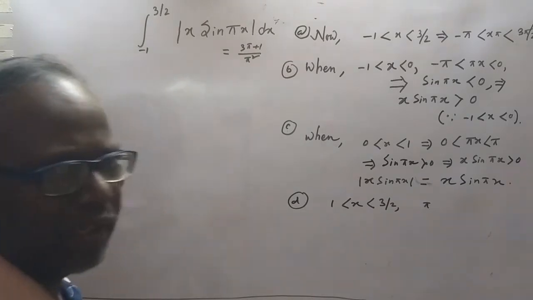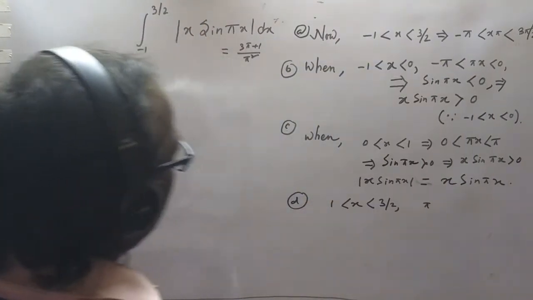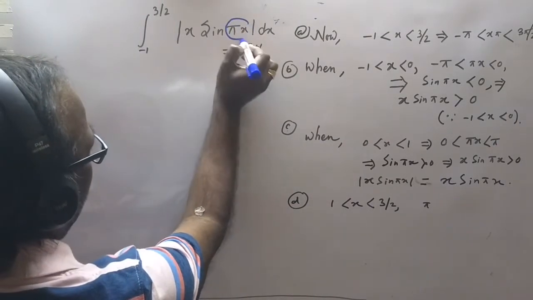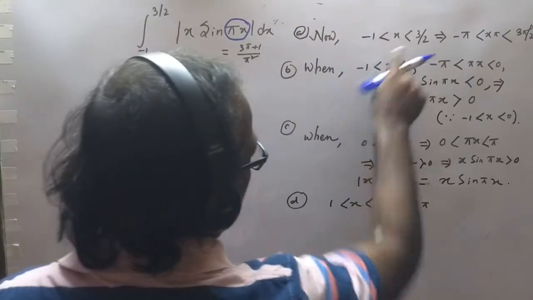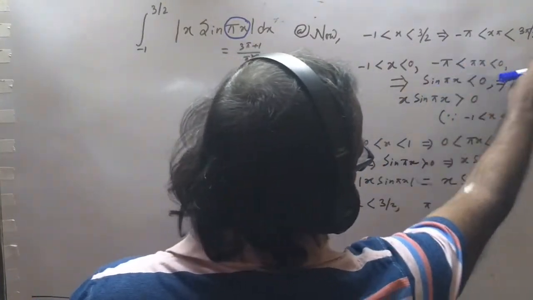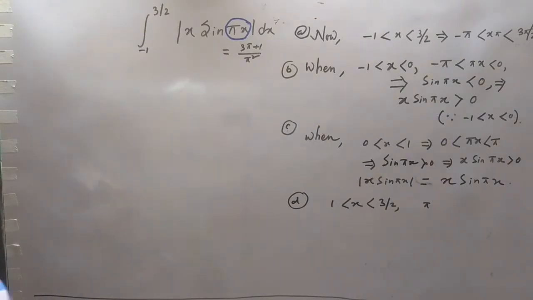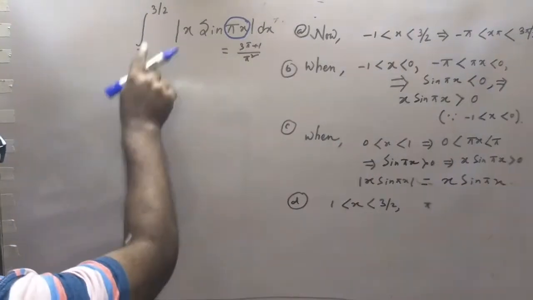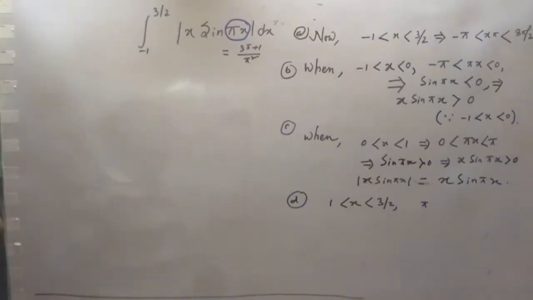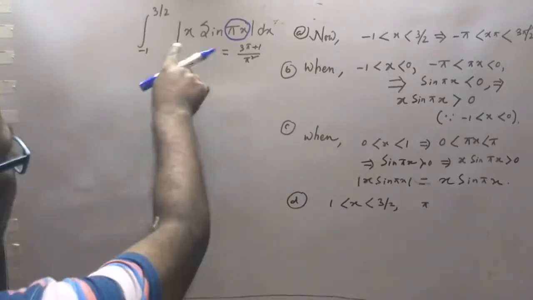Let's see here. This is -1 to 3/2. Also see that the angle of sine is pi x. If you multiply by pi, then you get pi x. Therefore the value of pi x for sine is -pi to 3π/2. Now you can see here, if the values are split into 3, 4 or 5 parts, then you get the value of that.